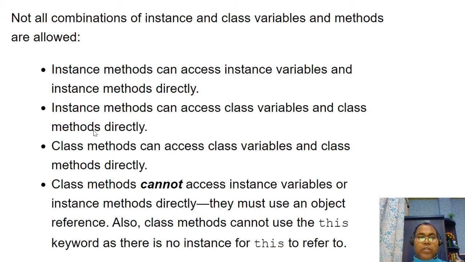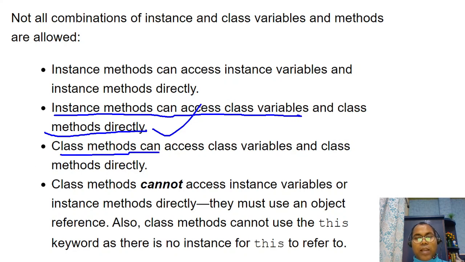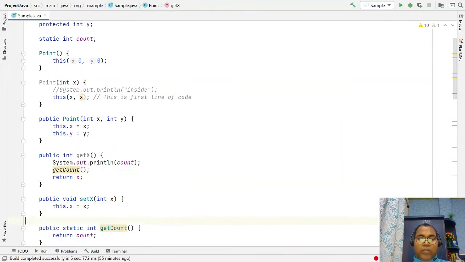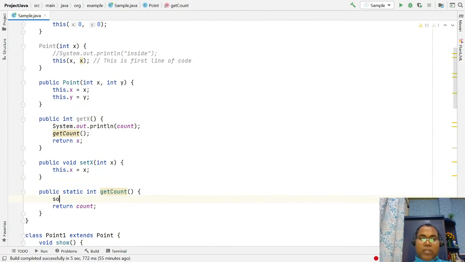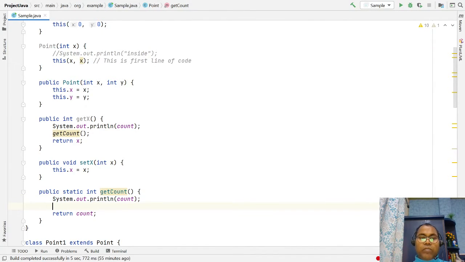So an instance method can access class variables and class methods directly. Similarly, a class method can access class variables and class methods directly. This is not an issue. If you are inside a static member, you can directly access a static variable and directly invoke any static method.